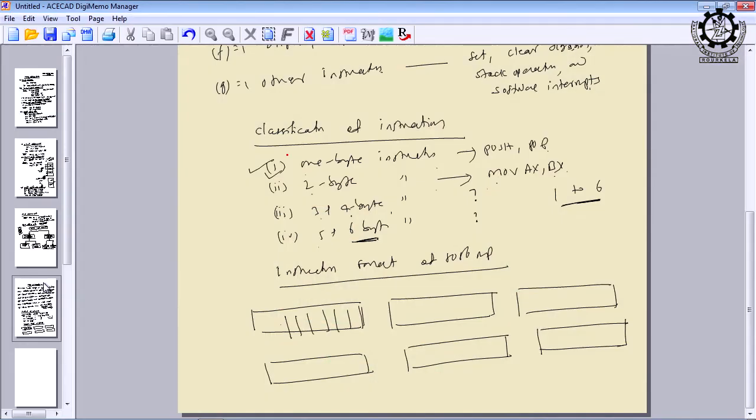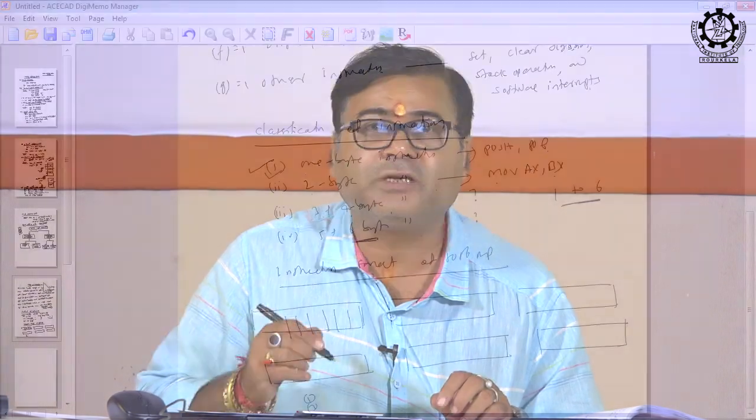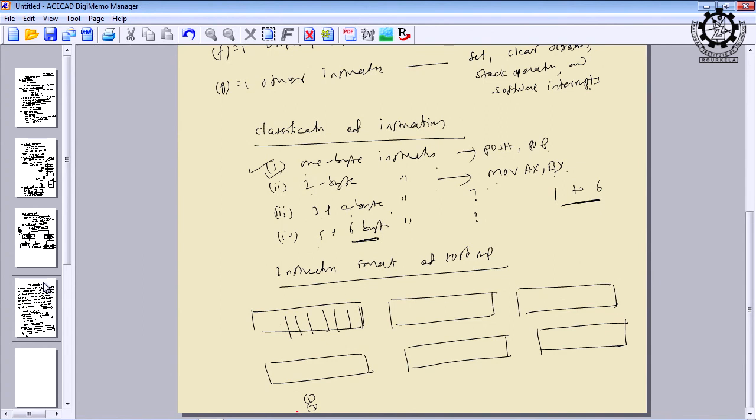Next class we will see how these 6 bytes are distributed. Once you know the instruction format of all these 6 bytes, you can know how to form a 1 byte instruction or the corresponding hex code, or how the hex codes were obtained based upon this instruction format. So, the instruction format gives us 2 pieces of information. Number 1 is the length of the instruction, how many bits or bytes it is occupying. Number 2 is what type of addressing modes it follows and what the different operands used in the instruction are. Is it okay? So, these 2 pieces of information we will obtain from the instruction format.